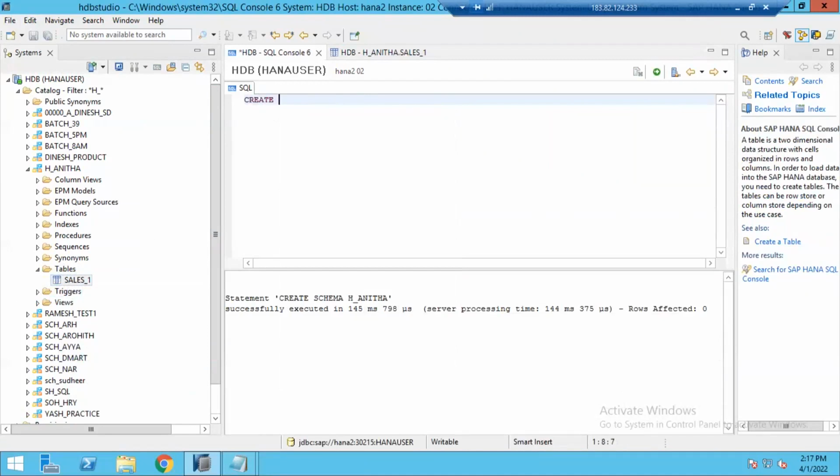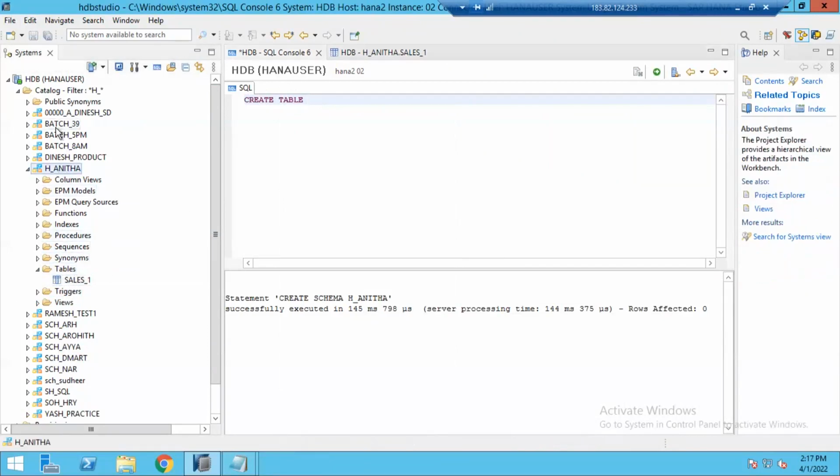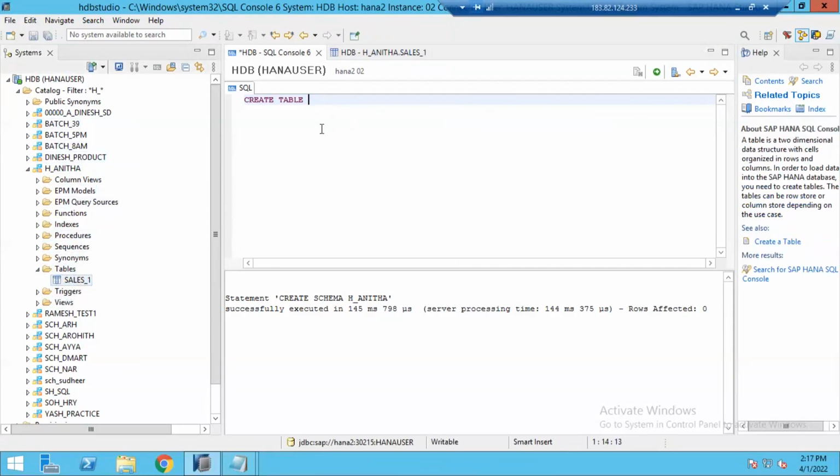Create table, table name. When you are defining the table name, it is very important where exactly you are creating this table. Are you creating it in this schema or a different schema? In SAP HANA, the same table name can exist in multiple schemas. It means I can go to another schema and create one more table with the same technical name. We have that provision. So whenever you are creating a table, it is mandatory to mention in the statement under which schema you are creating your table. Under double quotes, we need to write the schema name.